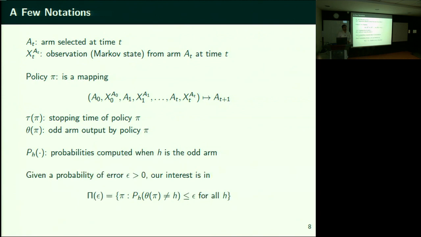So our interest is in all those policies which perform very well given a certain probability of error. You are given a probability of error, let's say epsilon. I am interested in all those policies which at the time of stoppage will tell me that this is the odd arm with very high probability. Okay? In other words, the probability of making error is at most epsilon. Now this has to happen no matter where the odd movie is. I don't know where the odd movie is. I could have placed the odd movie in whichever location I can. There were 8 locations. I never told you where the odd movie is. Irrespective of wherever the odd movie is, my policy should be able to perform very well. Okay?